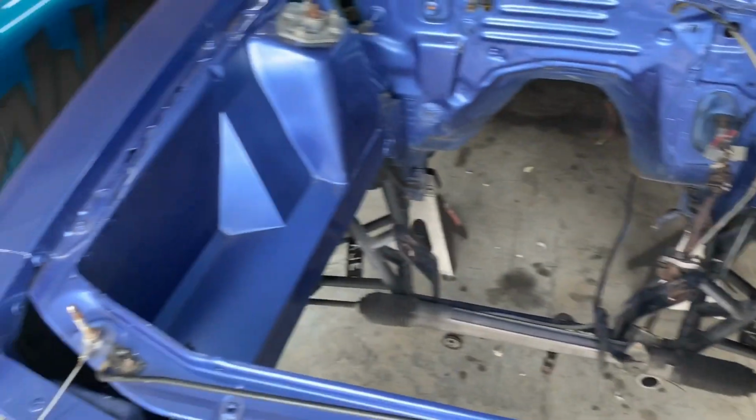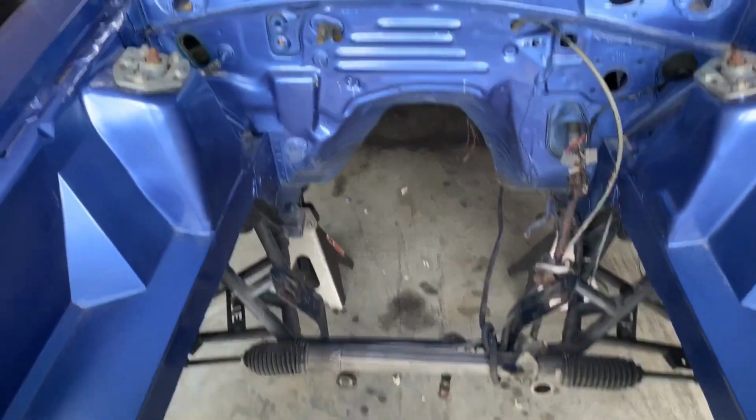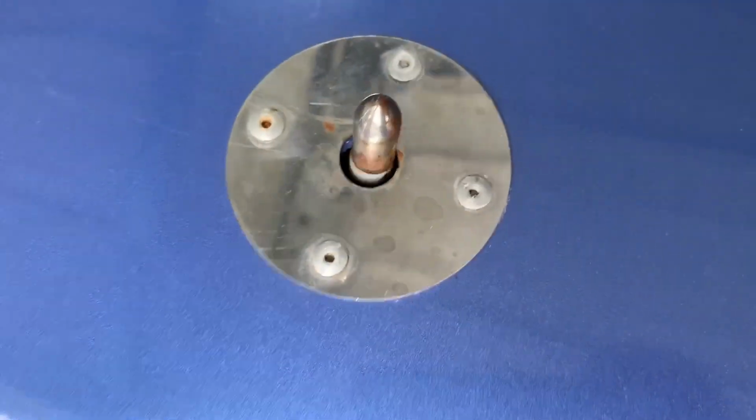And the engine bay is already prepped. You see some suspension stuff in there already, but we have some plans for this thing. Oh, that sound is terrible. Oh, no. But I have some